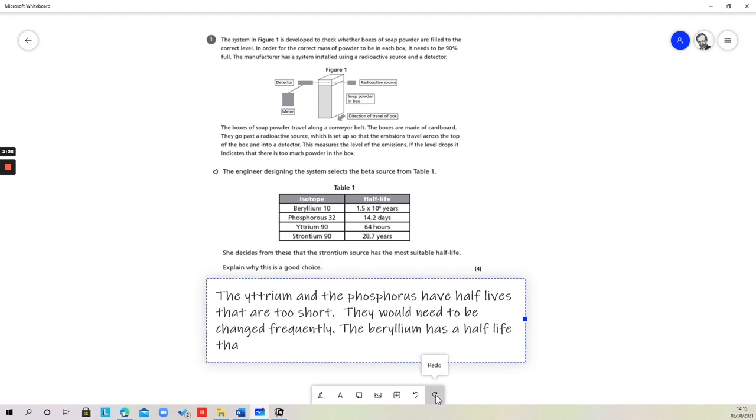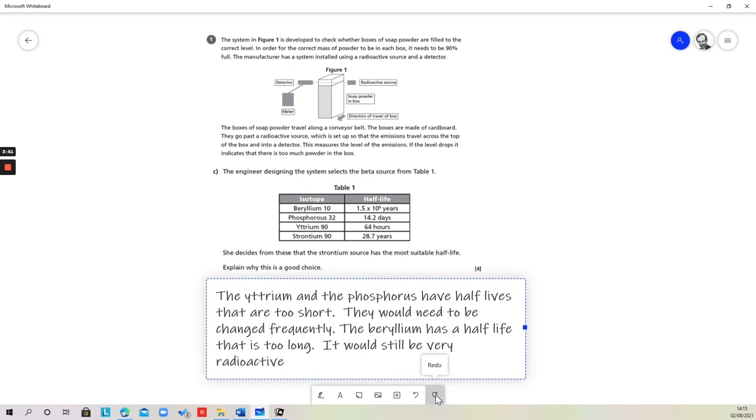So let's put down here the beryllium has a half-life that is too long. So we're agreeing that she's disregarded the beryllium because of this. And now let's put down, there are 4 marks available. So let's put down a way of covering this. It would still be very radioactive when the machine, let's find a good way of putting this, when the machine is